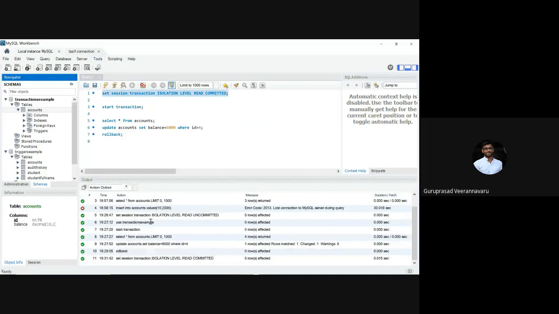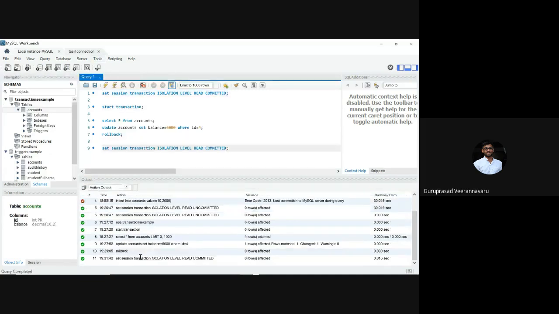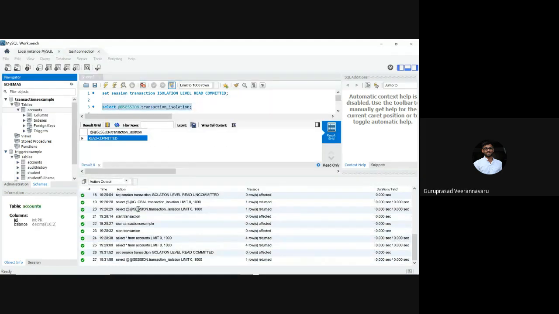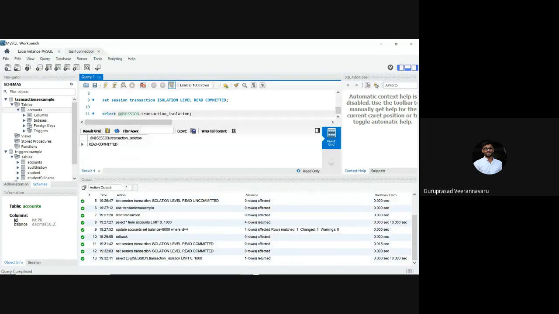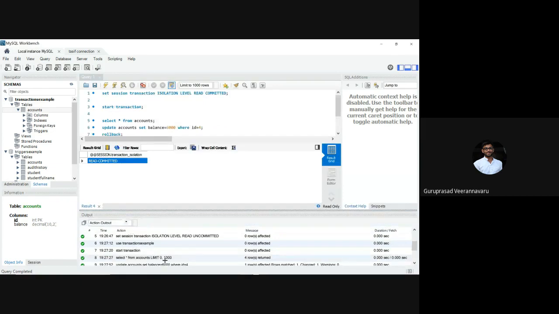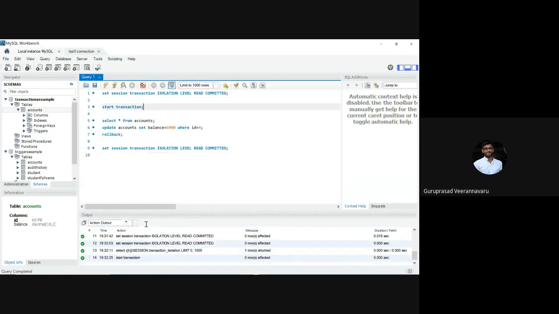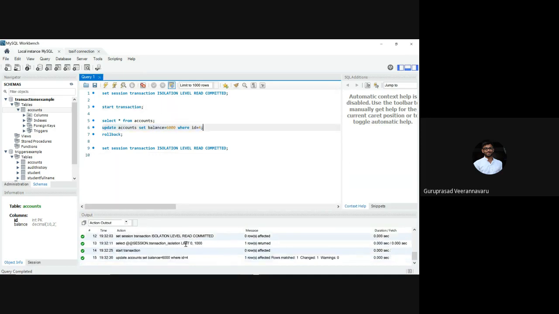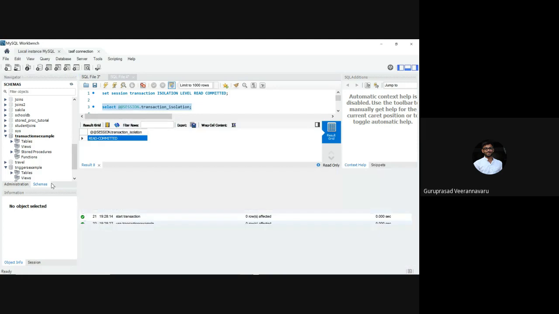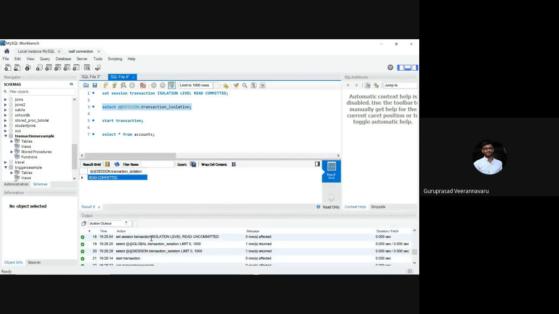And for this person also, if you see, okay, here also you're seeing it is read committed. So now let's see what is the difference. I'll try to execute the same set of queries again. We start a transaction on this person's side, and then I update the account balance to 6,000, but I've not done any commit or rollback. Now if I come to my session and do a start transaction,